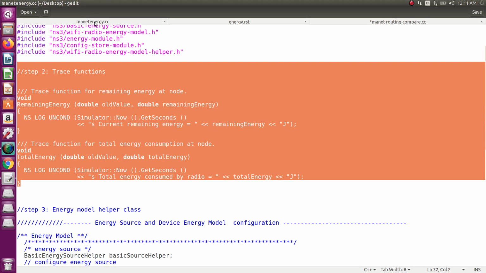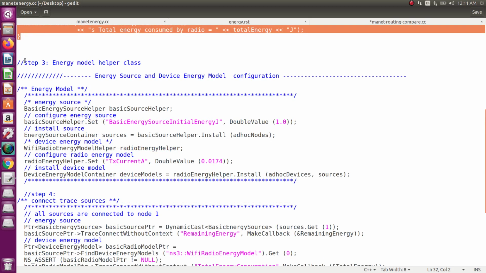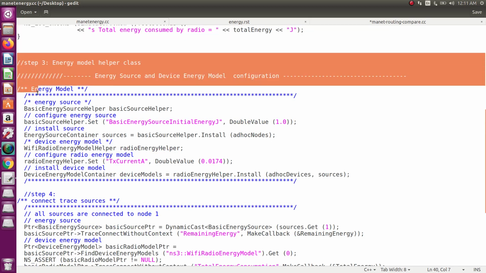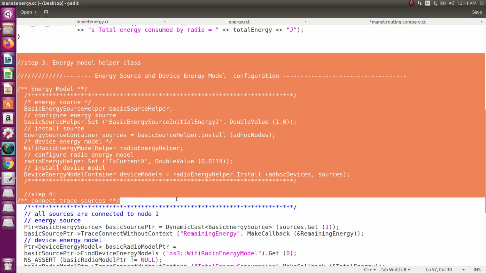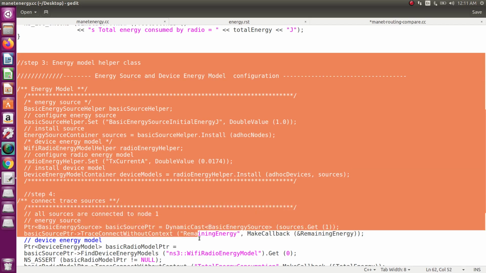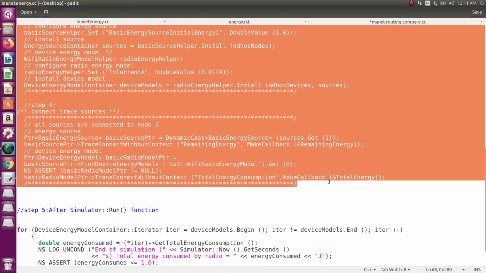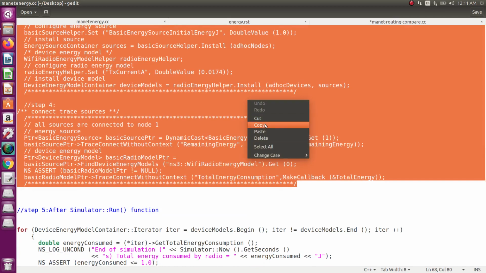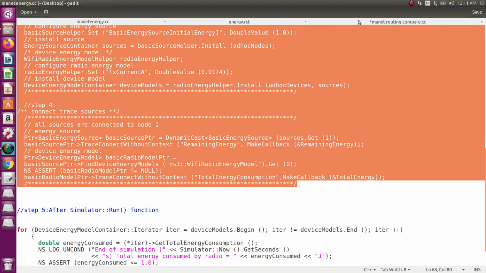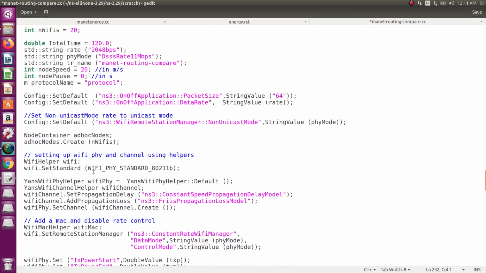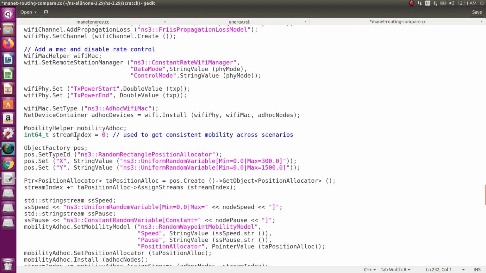Then copy the third step. So this is the energy model. Copy both the things, step 3 as well as step 4. You copy paste before the helper classes. So here these are the helper classes.